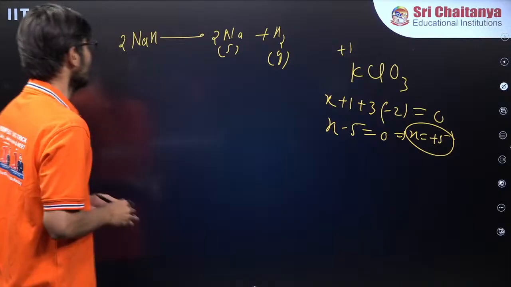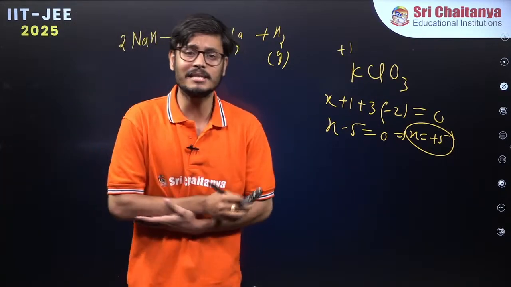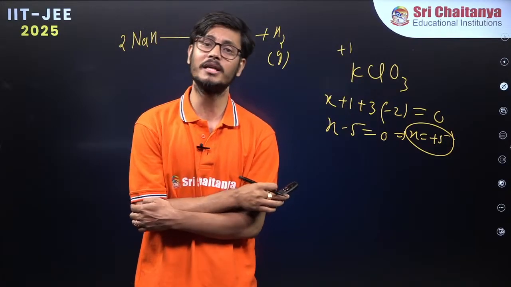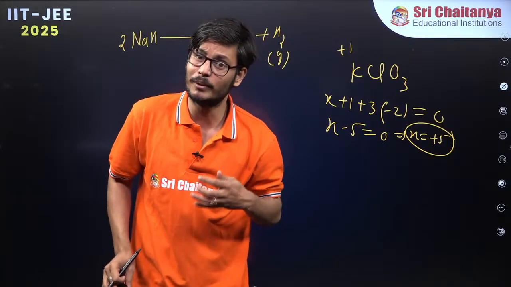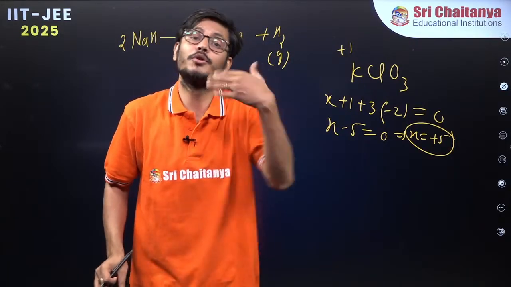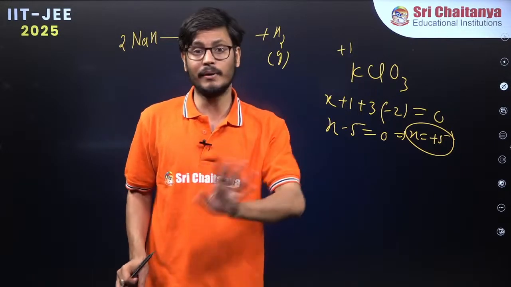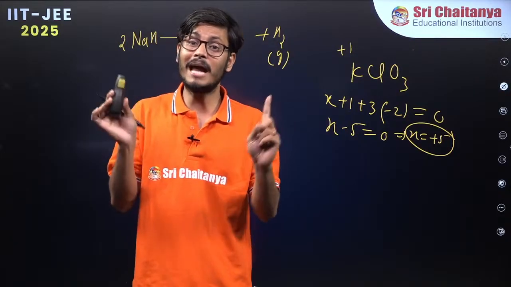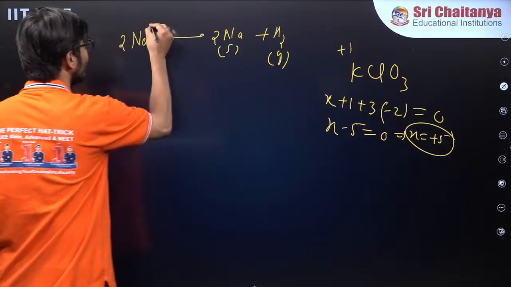Okay. So sodium hydride. If you remember, in all other cases hydrogen has oxidation number +1, except one case when it is bonded with a metal. Because metals have very low electronegativity, they do not have the tendency to accept, they always donate. Electronegativity is the tendency to accept electrons. Metal never accepts, metal always donates. Electropositive, not electronegative. So whenever hydrogen is bonded with a metal, it will have -1. So this hydrogen is -1,